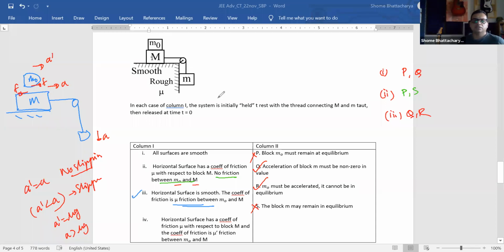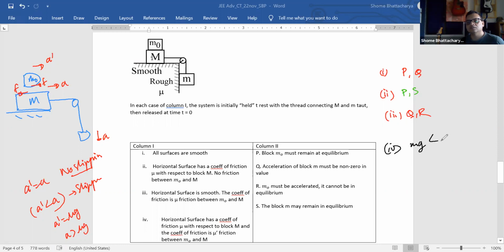And finally, we come to the last case. So in the last case, what it is saying is that there is friction at both the surfaces, and the coefficient of friction is also the same for both the surfaces. So in this last part, what will happen is that these two blocks will tend to move together. Okay, so for the fourth part, if mg, the weight of the hanging block, that one, is less than limiting friction on the floor over there,